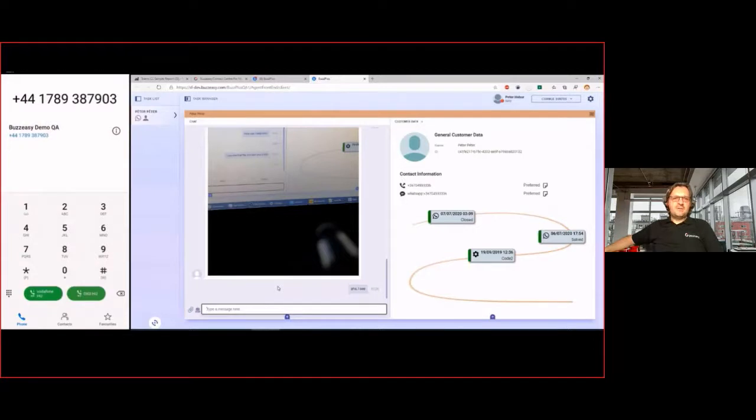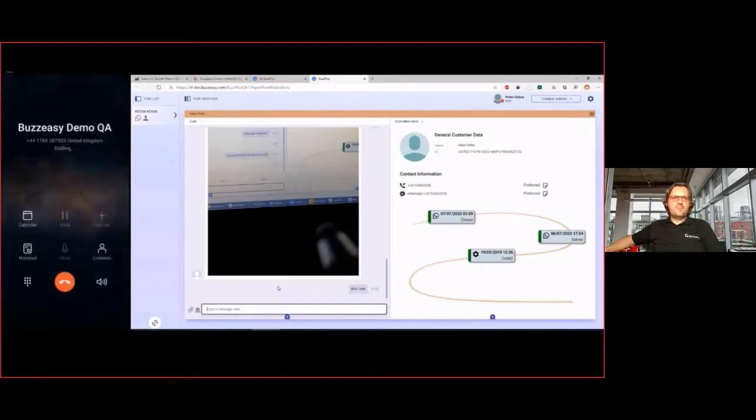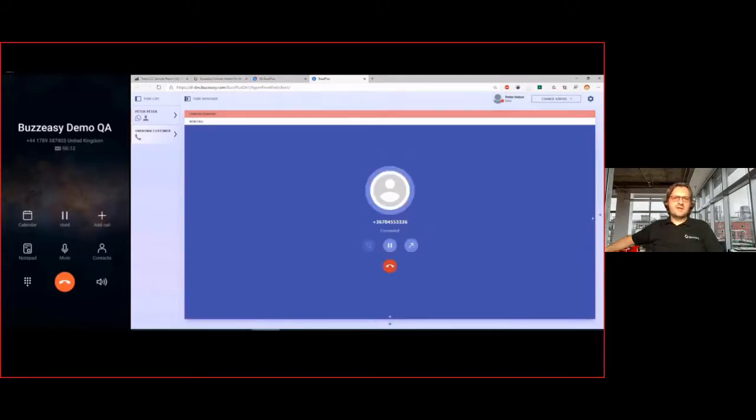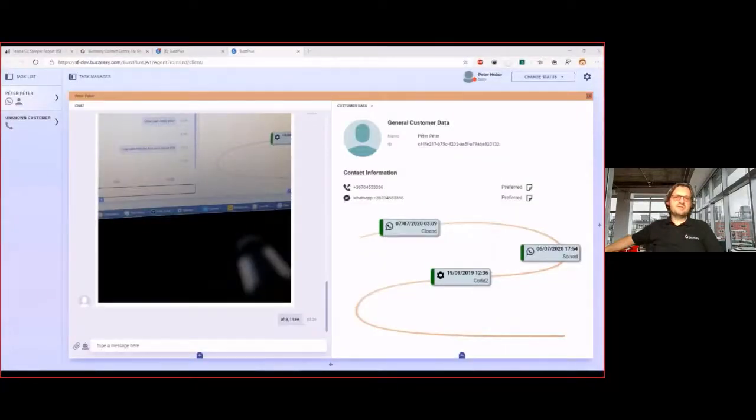Well, let's just do one more thing here. So when we call back again, while still chatting with this customer, this call arrived again. So you see the toast there. So I answered the call, and now I have a chat and the voice call at the same time. So this is a configuration that we can set. If an agent is able to handle multiple interactions, then we can manage that.